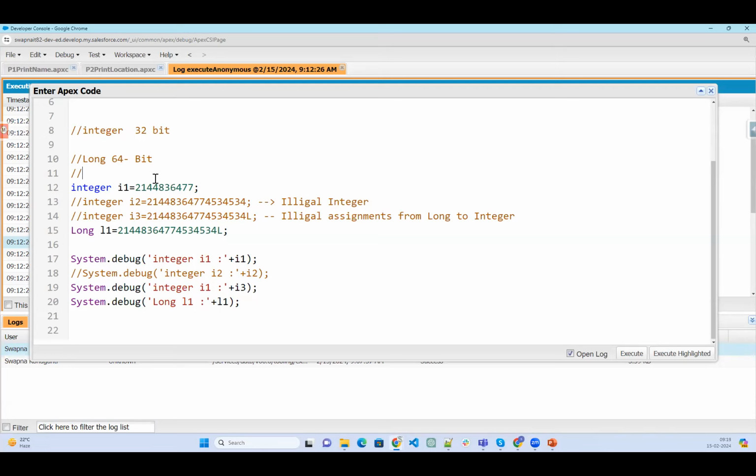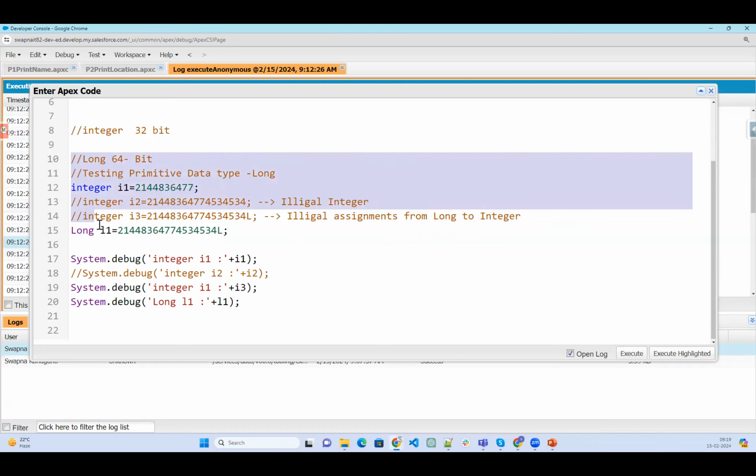What we are doing here is testing primitive data type long. Ma'am, even if you write comments on lines 13 and 14, will those lines be executable? Whatever lines you comment will not be executed.